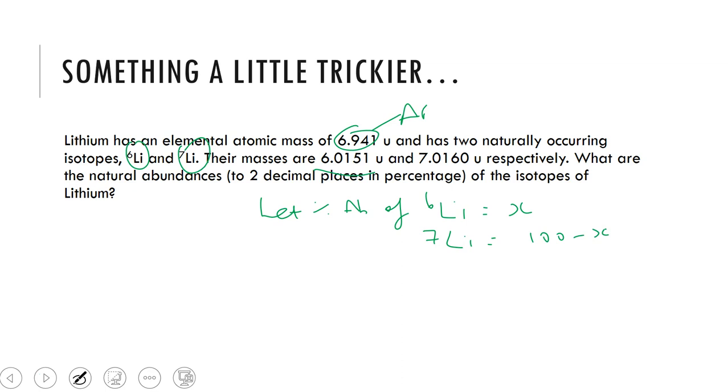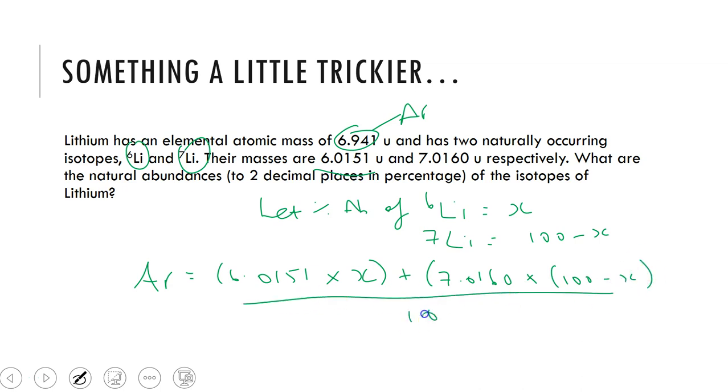Okay, so now what we can do is substitute these into our relative atomic mass equation and solve for X. So if we look at it this way, we get AR is equal to our lithium-6 isotope, 6.0151 multiplied by X, plus 7.0160 multiplied by 100 minus X, all divided by 100. Okay, we can also, because it gave it to us in the question, substitute our relative atomic mass now for 6.941. When we solve this, we can then multiply both sides by 100 and get